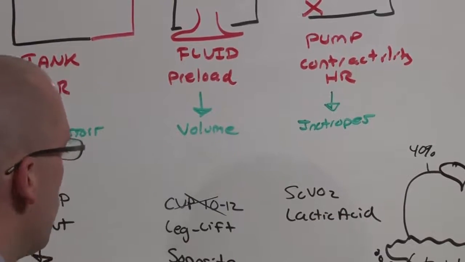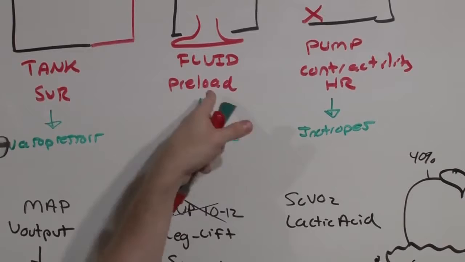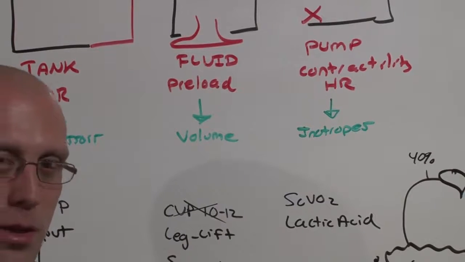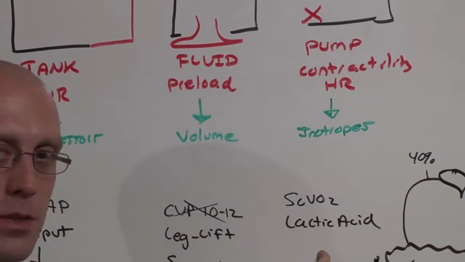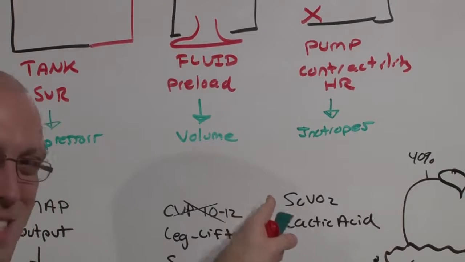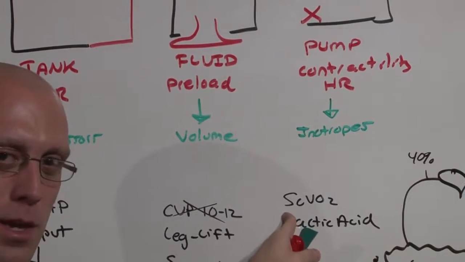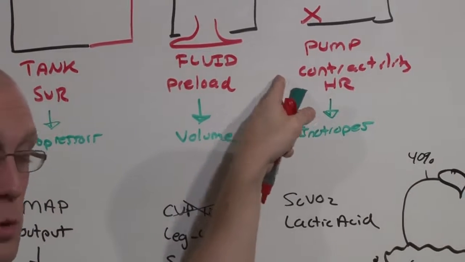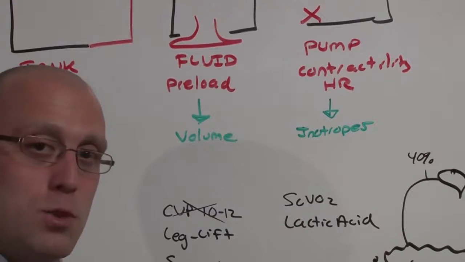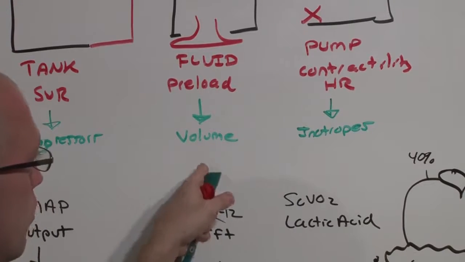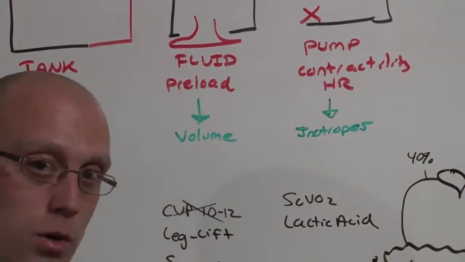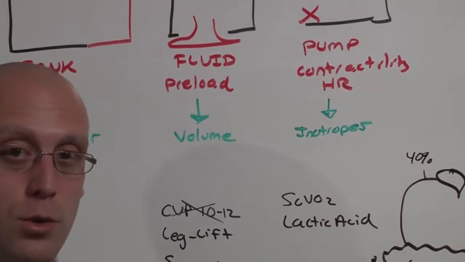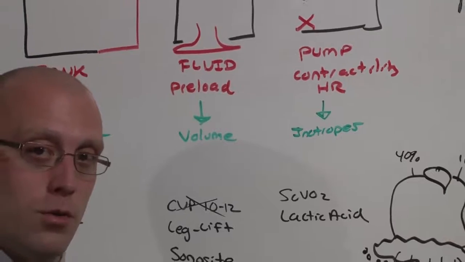Because if you have fully volume resuscitated them and they're on 2 pressors with steroids and they still are not resolving their lactic acidosis, their SCVO2 is still not getting better where you want it to be, that might be an indication that they have some contractility issues. So you're going to look at their hemoglobin and give them some blood if they need it, which is more volume support, or you're going to start them on an inotrope, an inodilator like dobutamine or milrinone,